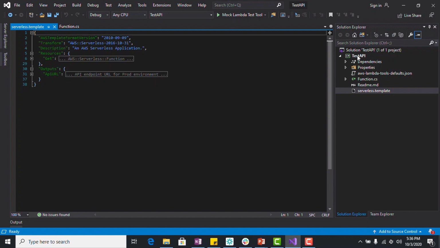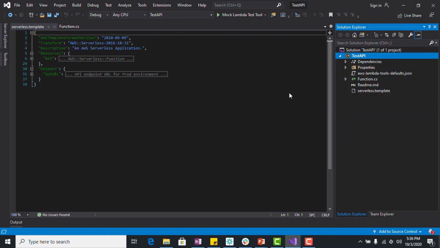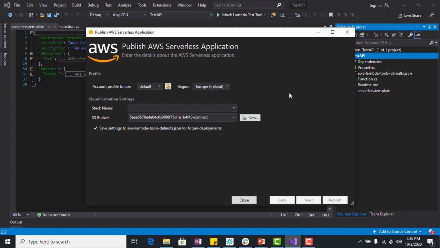To deploy the serverless application, just right-click the project and choose Publish to AWS Lambda. This launches the deployment wizard. Because all the Lambda configurations were done in the serverless.template file, all we need to supply are two things.